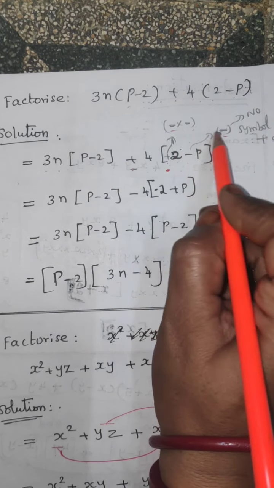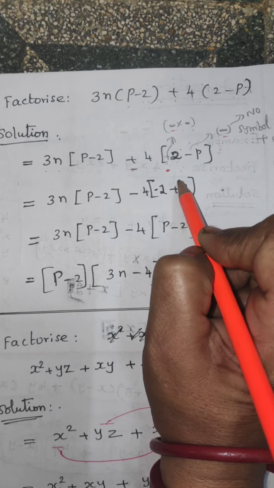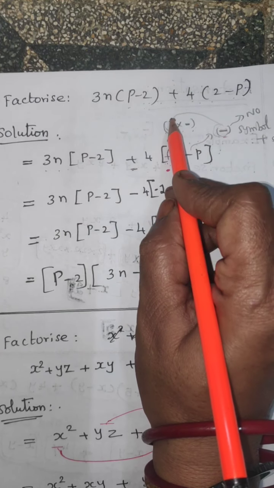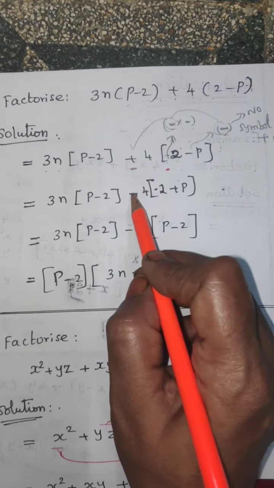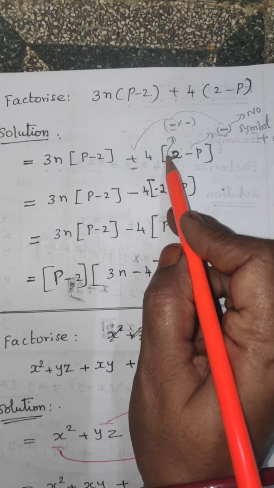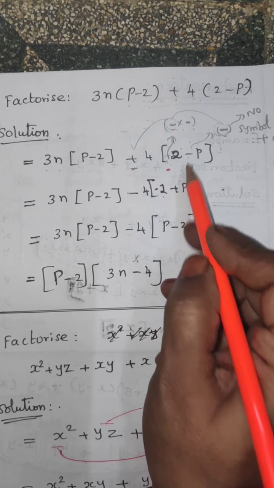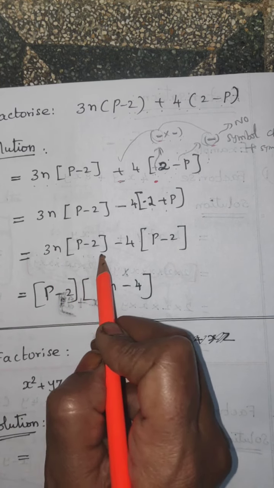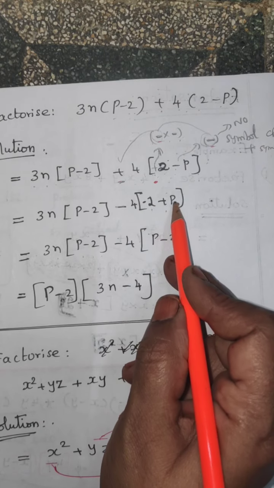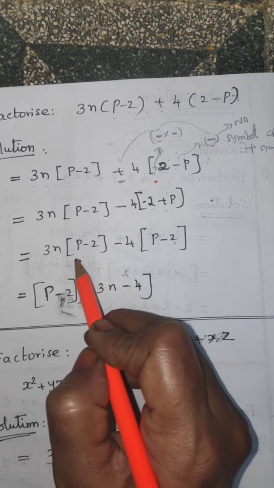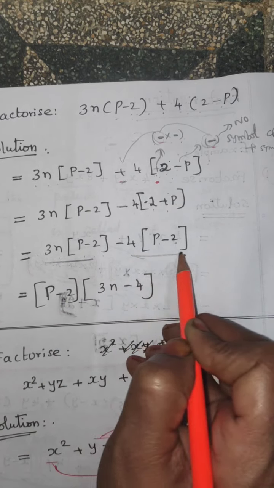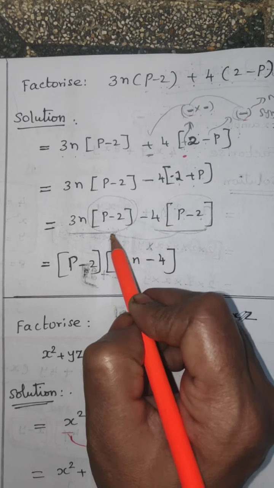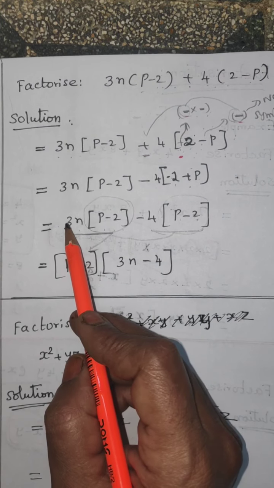So which one is common? The minus symbol is common. These two minuses, write one minus here and one minus there, in one number, plus into minus is minus 4. So the plus symbol changes into minus 2p, the minus symbol changes into plus p. Now 3n into p minus 2 minus 4 into, I change and write: p first, after that minus 2. Now see, this is the first term, this is the second term. So p minus 2 is the common number. Write p minus 2 as one p minus 2. Which one is the next number?